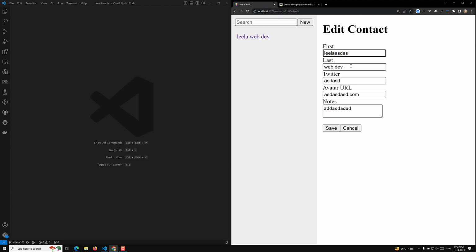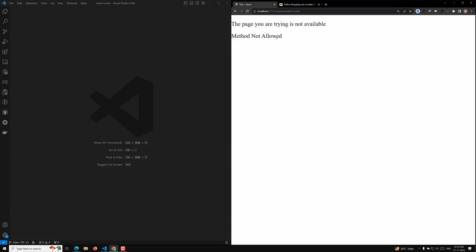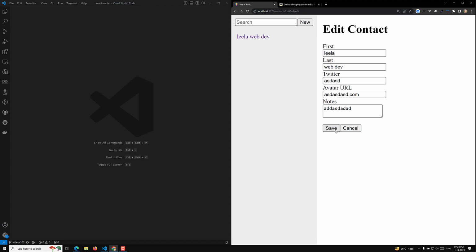Now when the user changes the data and tries to click on save, we need to update the data. Right now it is telling us that the method, which is trying to submit as a post, is not allowed. As we already know, we need to create an action for this form. So let's go to the